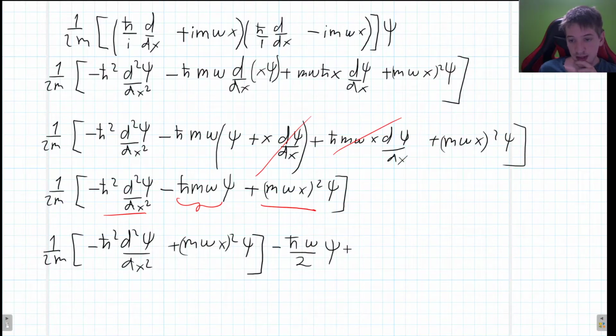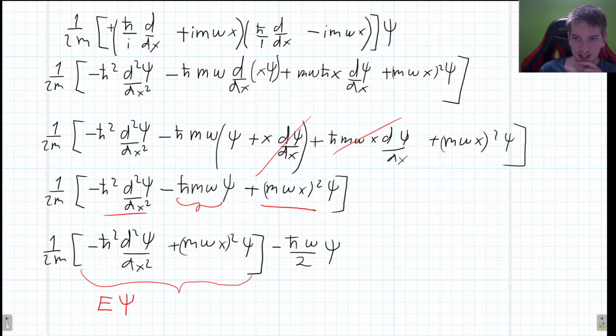Okay, so this is what we got when we just saw what happens when we multiplied these two things. So what is this? We can see that this right here is just our Schrödinger equation, right? This is just the Schrödinger equation for our given potential. So we can actually just go ahead and write, instead of this, that this is the energy acting on the wave function. So what we would have here